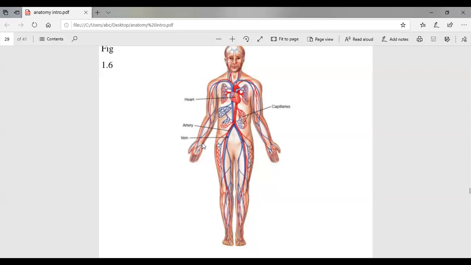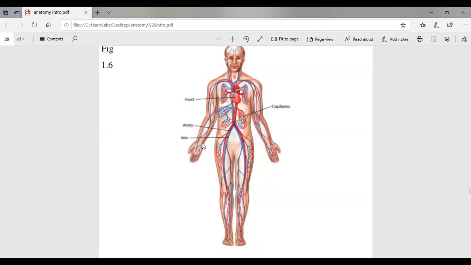So what does the heart do? Whenever it receives the deoxygenated or the impure blood, it sends it to the lungs. Can you see on the right and left side there are two organs called lungs? In Marathi, lungs are called phupus, and in Hindi, fefde. Correct? So the heart sends the impure blood to the lungs.